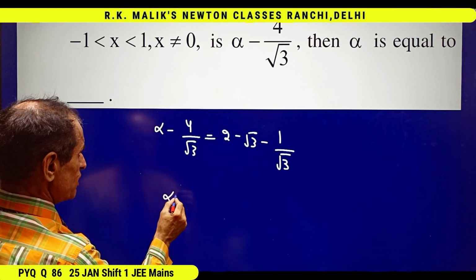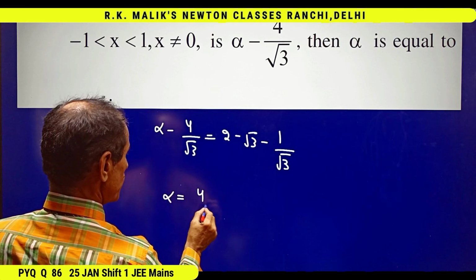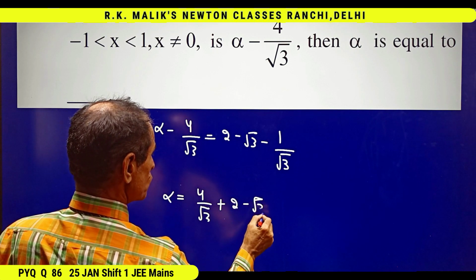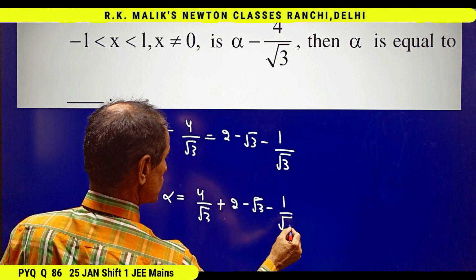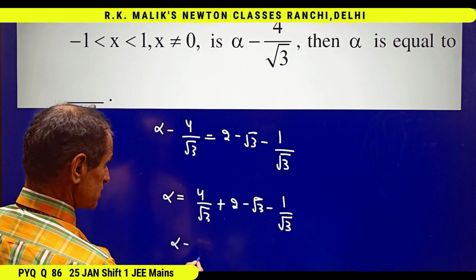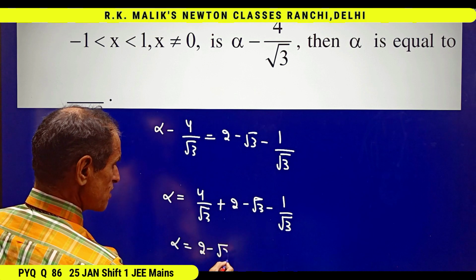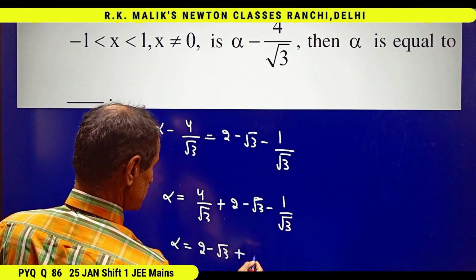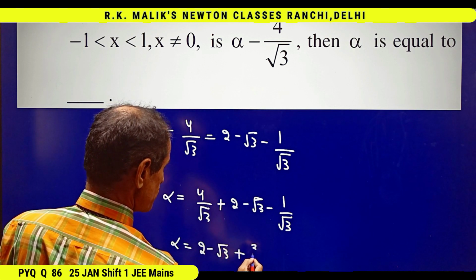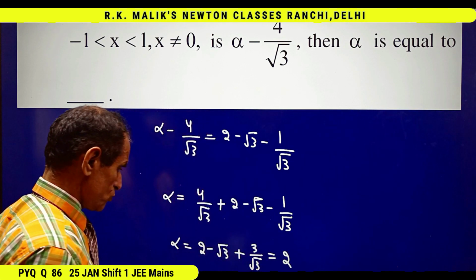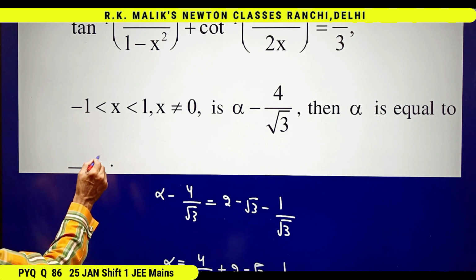That is, alpha is equal to 4 by root 3 plus 2 minus root 3 minus 1 by root 3. That is, alpha is 2 minus root 3 plus 3 by root 3. That is equal to 2. Hence the value of alpha is